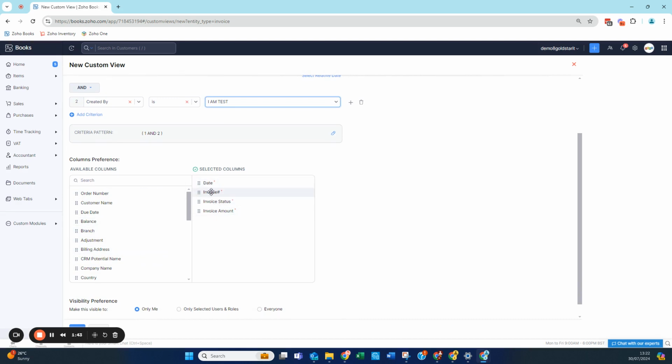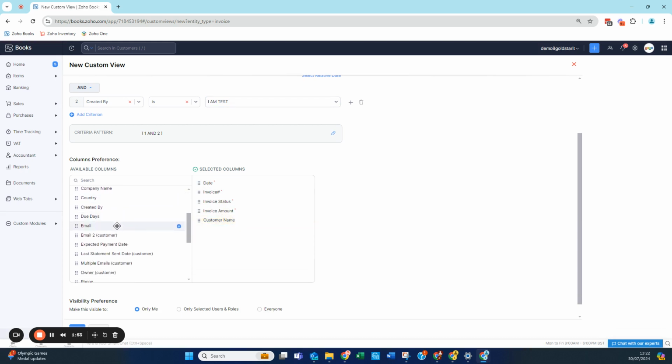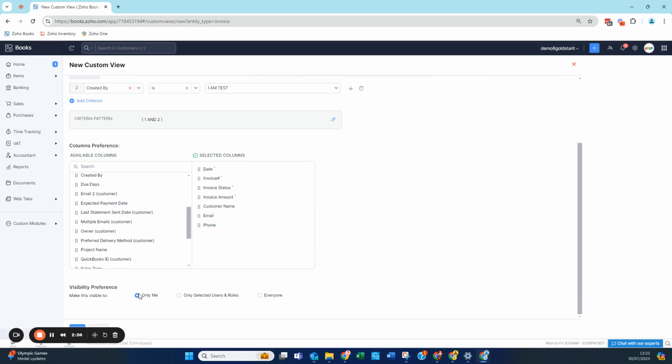It's all very well having the date and the invoice and the status and the amount, but actually I want to know the customer name because I know who I've got to contact. It might also be useful to have the email address or the phone number so that I know straight up on my screen who I need to call or what the email is. And at the moment I'm going to make this only visible to me. So if I hit save,